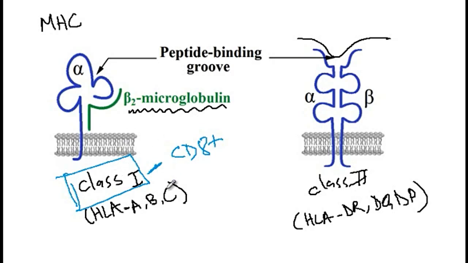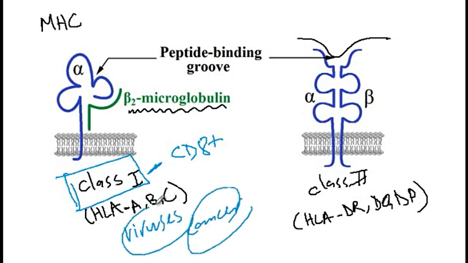would survive. However, if some of these cells are infected by viruses, or they are cancer cells, what happens is that once these endogenously processed peptides are being processed inside the cells, some of these antigens that are from either cancer or the viruses will also be brought to the surface. And thus at this time, the cytotoxic T cells will recognize the infected cells or the cancer cells and destroy them. And the final point about the class 1 antigen is that it's being expressed on all nucleated cells as